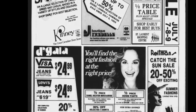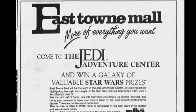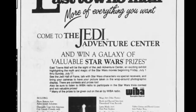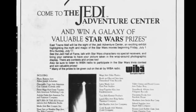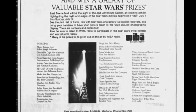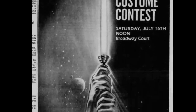There was a lot more stuff you could win. A lot more. At least according to the Easttown Mall in Madison. They posted a huge list of things given away, such as an activity desk, belt buckles, cork boards, Don Post mask, Ben Cooper mask, mugs, photo buttons, Topps trading cards, the novel to Return of the Jedi, shoelaces, wastebaskets, toothbrushes, t-shirts, underoos, watches, and a partridge and a pear tree. The Del Amo Fashion Center in California promised instant prizes to anyone that came dressed as a Star Wars character on July